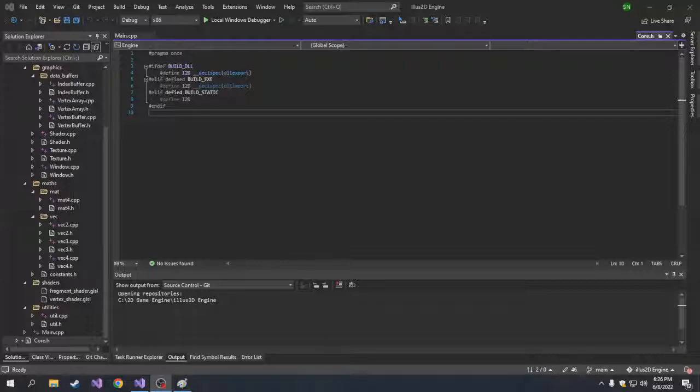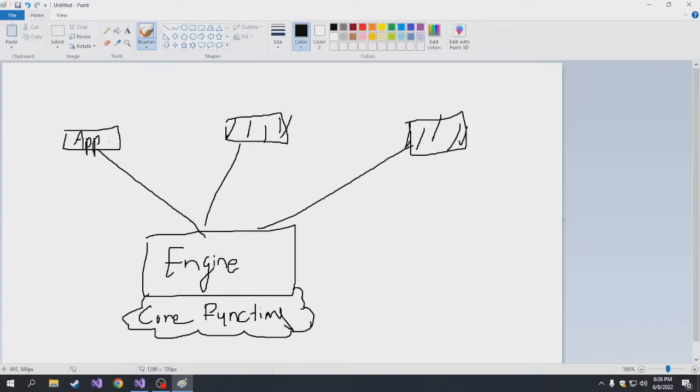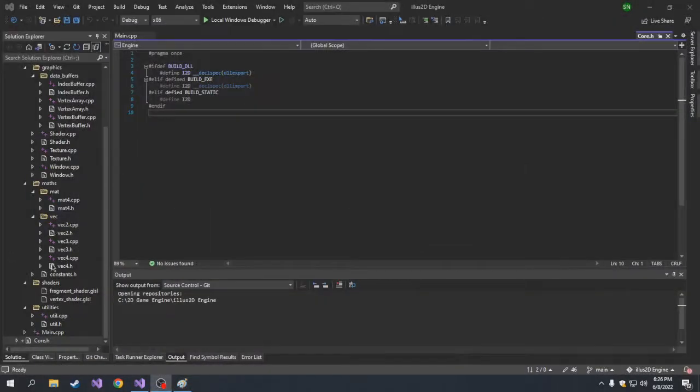From the previous video, what we had was we set these things up. Let me show the diagram. We completed our engine project. We set up everything. We set up the DLL export and DLL import, all the things by using this lovely